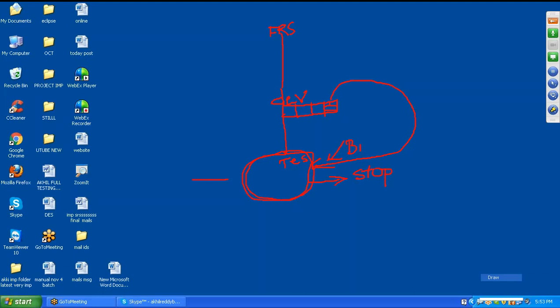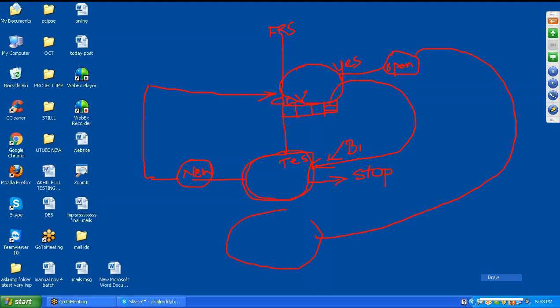If testers feel no, that based on the customer requirement this build is not yet properly developed, then they will give the status new and raise the defect to developers. Then developers will check the raised defect: is it really a defect or not? If they feel yes, this is a defect, then they will give the status open and rectify the problem, and once again send it to the testing department as build 2.